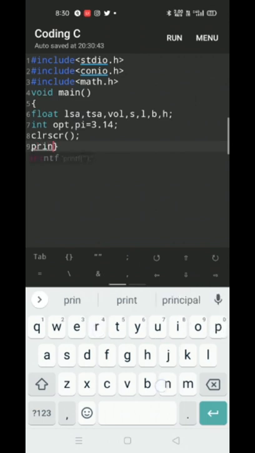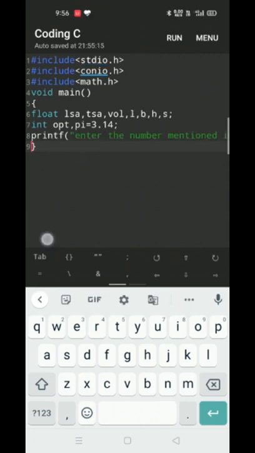First of all, we need to have the option value, opt, so that it selects the case. And of course, after printf, we need to write scanf to read the number which selects the case.